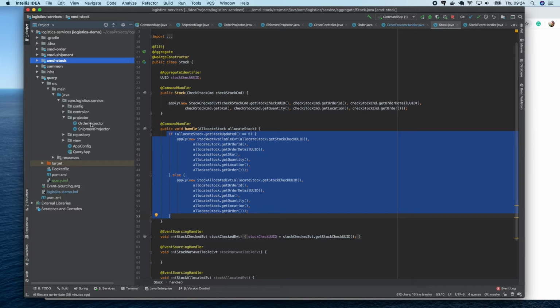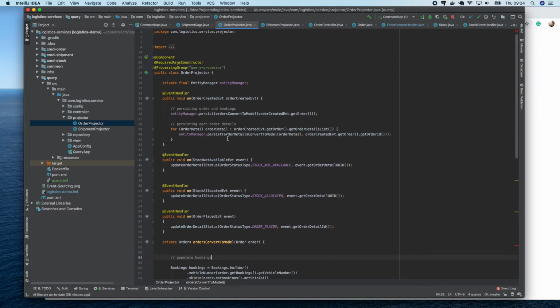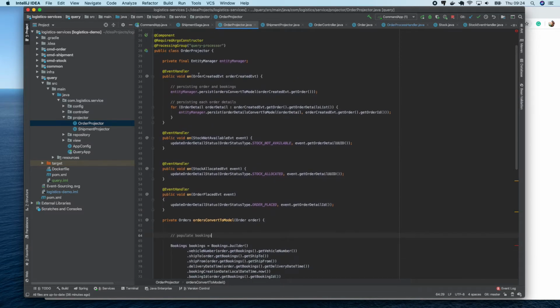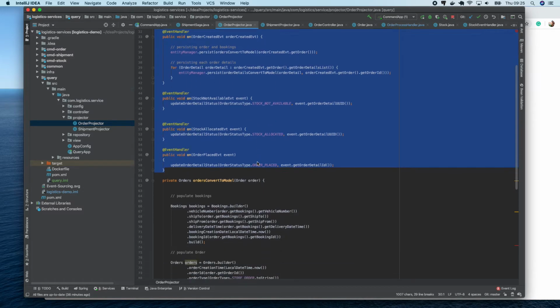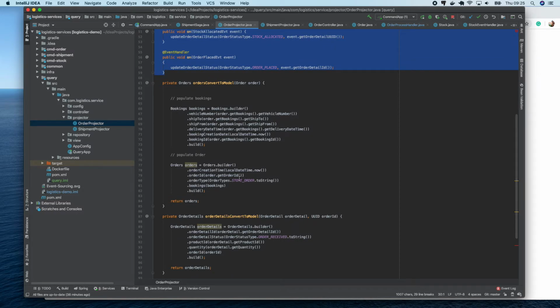One is the order projection, which receives all the different events created by the order service: the order created event, stock not available, stock available, allocated, order placed. Those are the events created by the order and stock services, and based on that it will update the appropriate projection or view in our database,